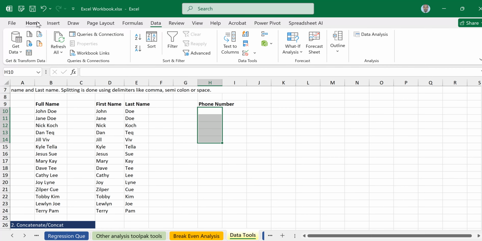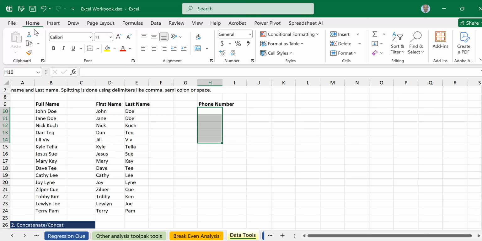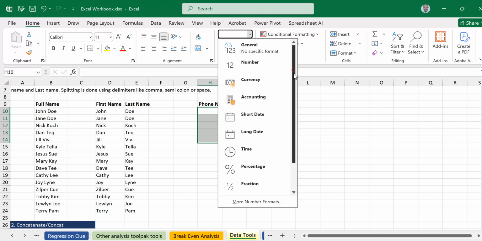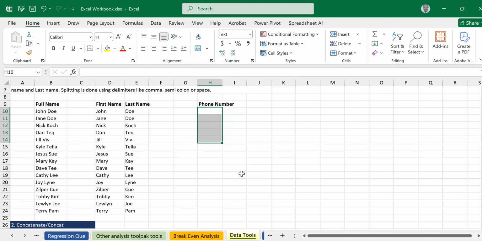Then go to the home menu. Home. Under home, there will be a place for general. So under number, you can see general. Click on the arrow and select text. There is text here below. Text. So once you have text, you can now write phone numbers like 0710